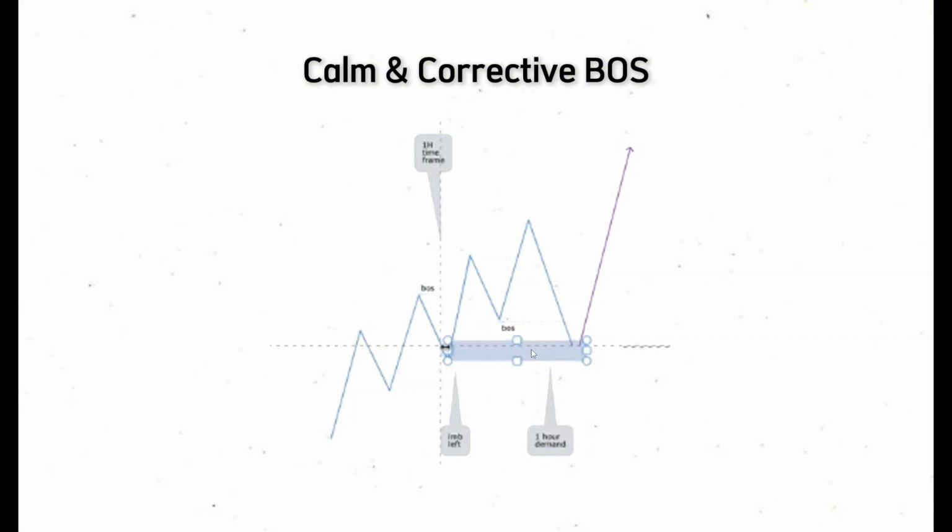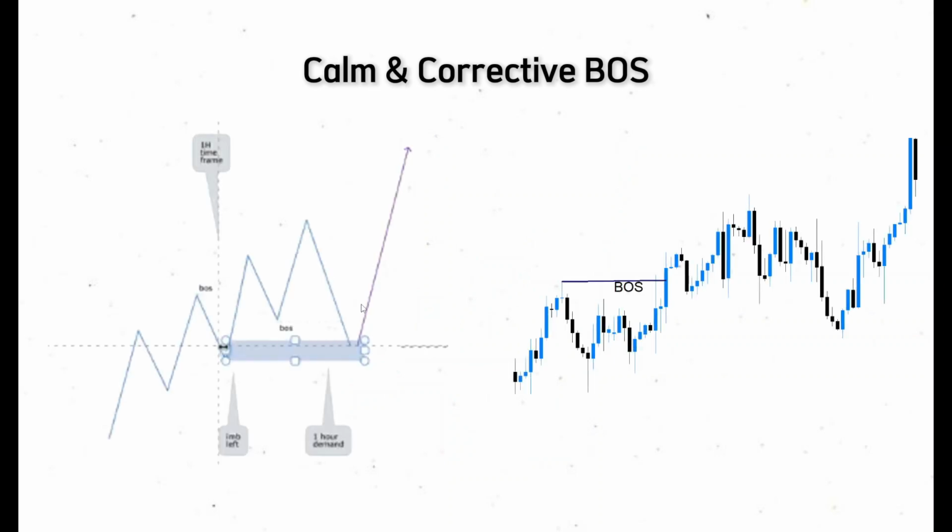What we are going to be assuming in this example is that this down move here is a calm and corrective break of structure, meaning there is not much momentum behind it. It is just a break of structure with corrective and low momentum candles. So when we get this, we are going to view this as a common corrective break of structure, meaning it's very likely that price is coming down to sweep liquidity and tap into an unmitigated demand zone that was previously